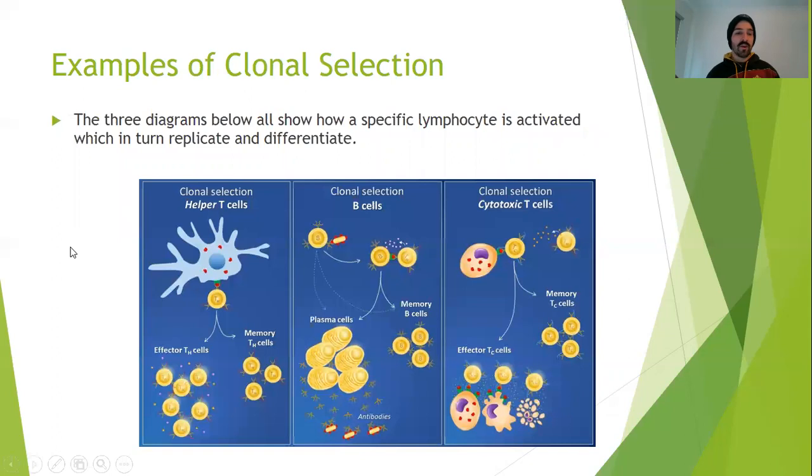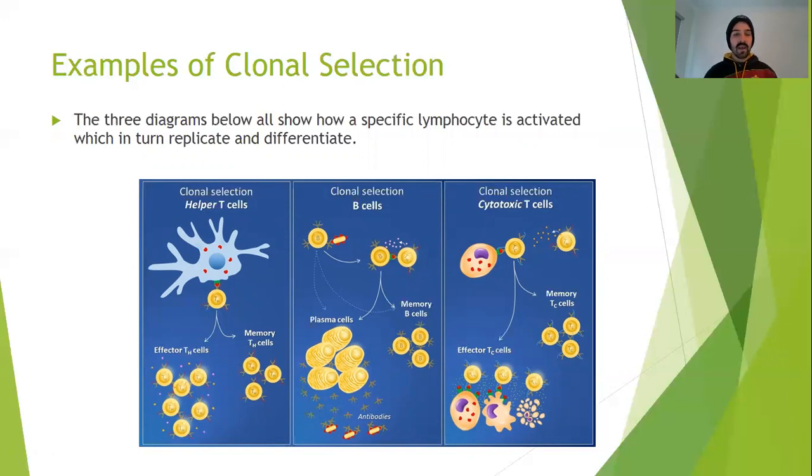Some more examples. You might have T helper cells, which go through clonal selection. Here is a dendritic cell doing antigen presentation, but only the specific T helper cell is going to be activated. Here, these are the little red semicircles. This T helper cell has the right receptor, and it's going to replicate and clone. There would be other T helper cells that don't have the right receptor, and they're not going to be activated